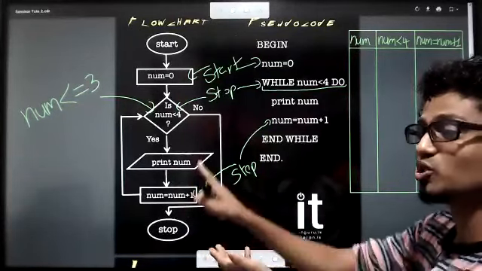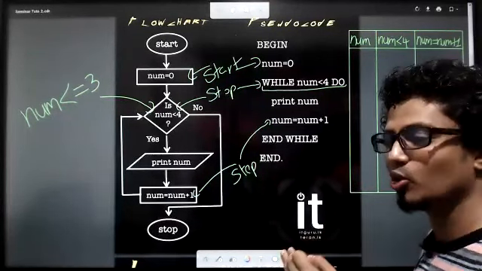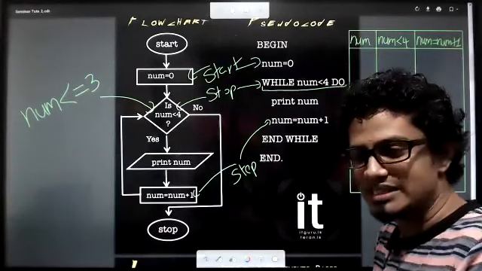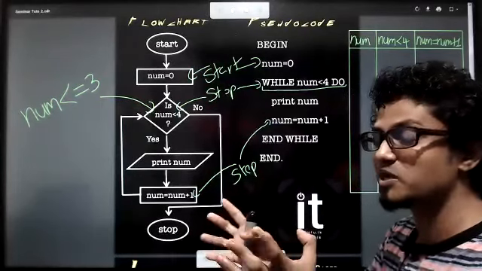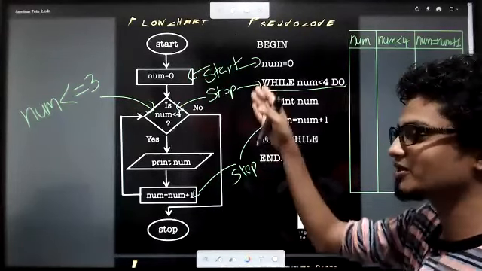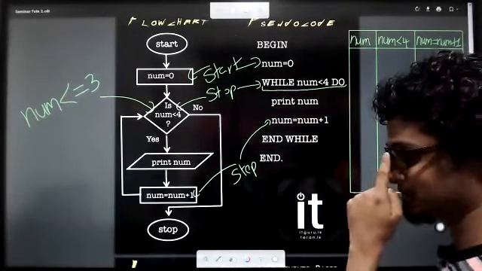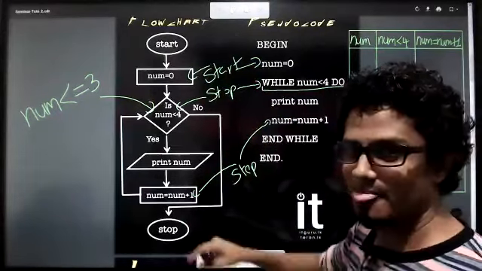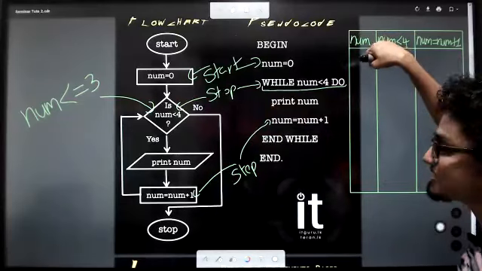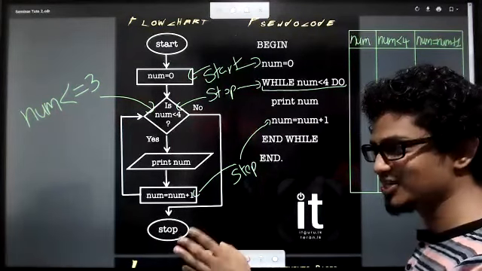Now we are about to go through the loop step by step. You don't need to draw this always, but if you cannot understand what a loop is doing, in any level, you can use this special technique to go through the loop. This is how to do it. So everyone stay focused, kids. Tell me, num equals 0. This is the first value of num. So in this first column, what is the first value that I should have? If you mention answers in the chat screen, you will understand.